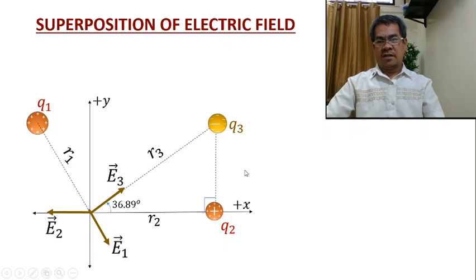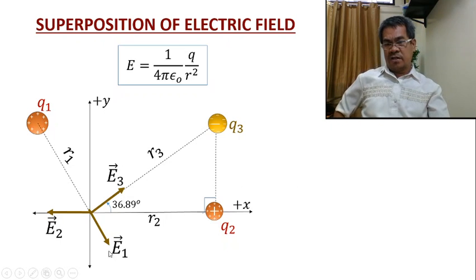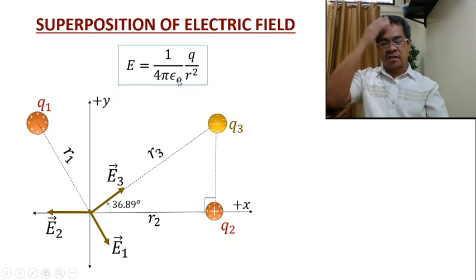We call this the superposition of electric fields. There are two or more electric fields at that point. So superposition is the name of the game. To answer, remember E1 is the electric field due to charge 1, E2 is the electric field due to charge 2, and E3 is the electric field due to charge 3. To compute the magnitude of these three electric fields, you can use this formula. It differs with distance, and it differs with charge. The direction was already assigned because of the charge sign, so you can ignore the sign of the charges, then substitute to get the magnitude of the electric field.